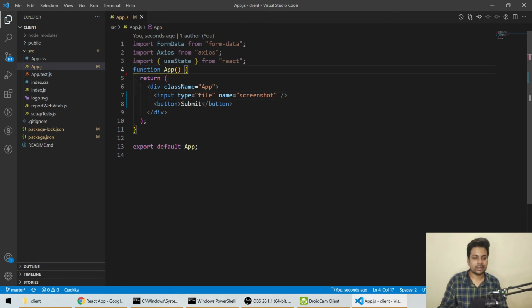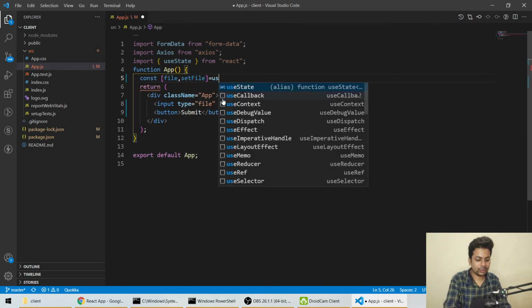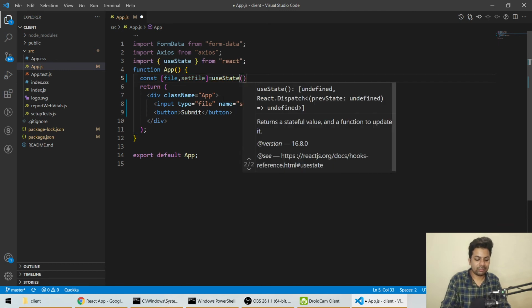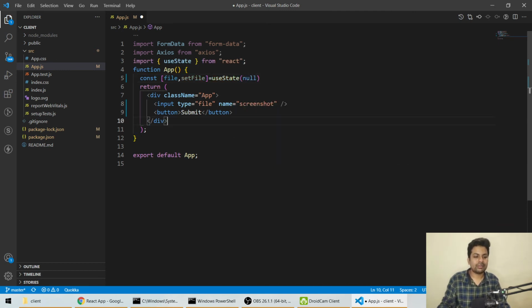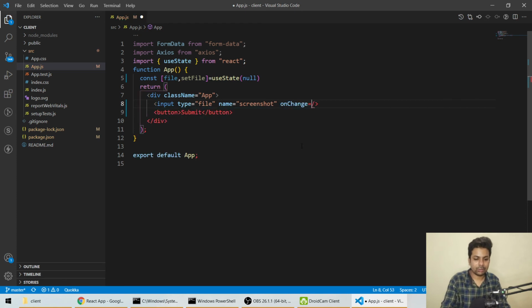We firstly take that file in a useState variable. So we'll say const file, setFile equals useState, and we'll say null for now. As soon as the file changes, we want the file. So we'll say onChange equal to, then curly braces, then e.